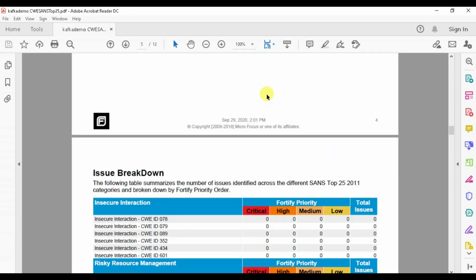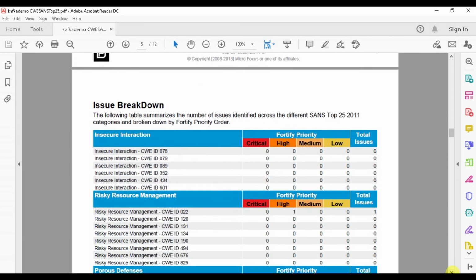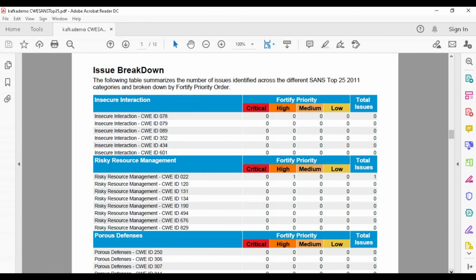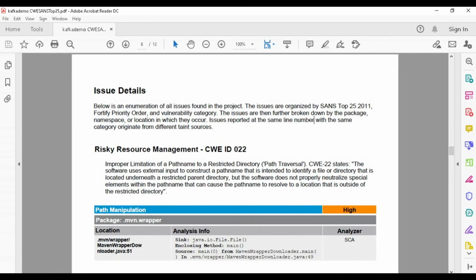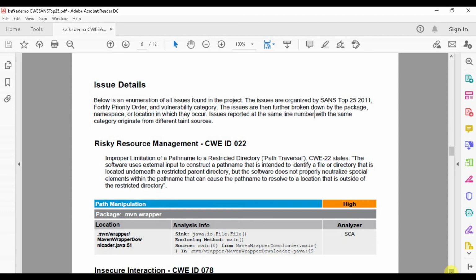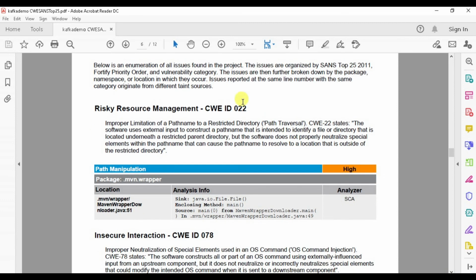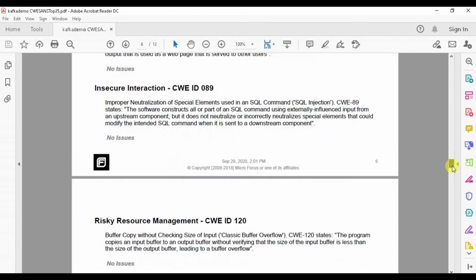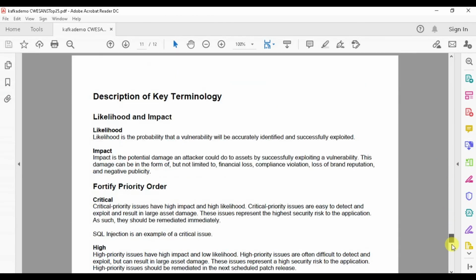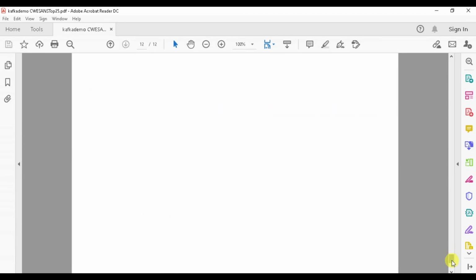And then it started organizing the issues as per the priority. Okay, that's great about it. It shows you the CWE ID numbers also, about the total issues, and then it prepares a report. It tells you what the category is and what the CWE ID is, so that you can Google how to fix those issues. It also tells you the exact line number, which helps the developer know exactly at which line number the issue is coming up. So this has been categorized as per the CWE. It has also given some things about the solutions. So that's all about Fortify.